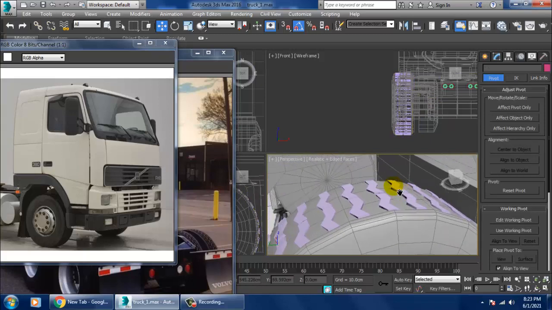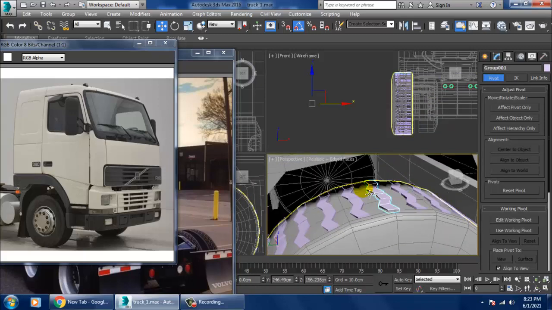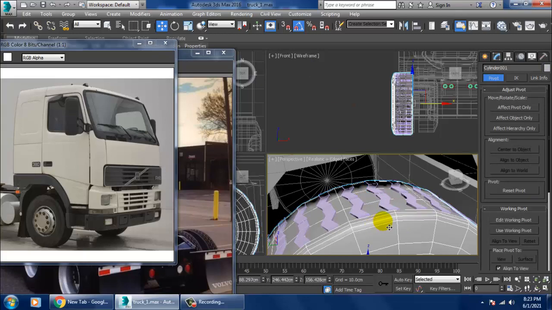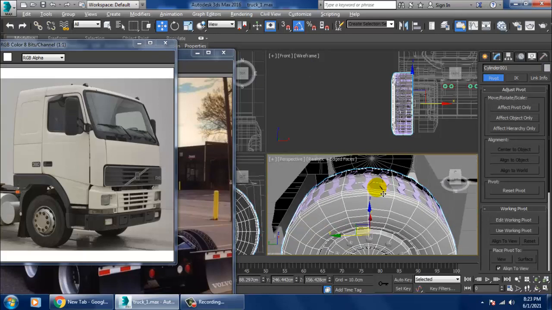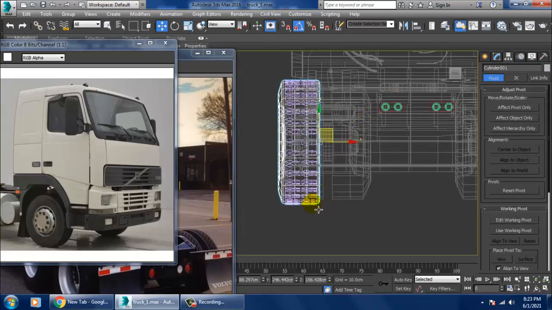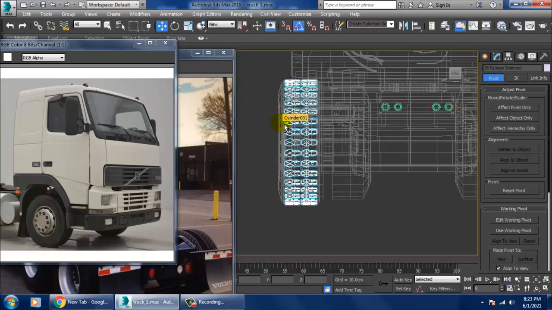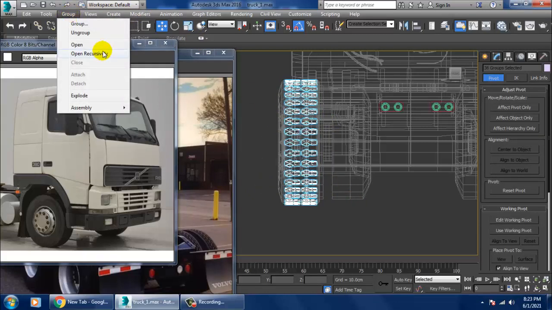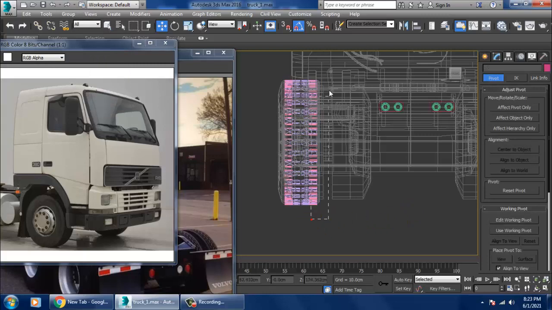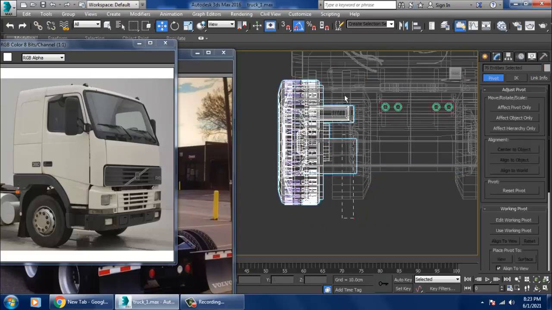We need to ungroup all of this, then only it can be done. We can slightly shift these grips individually. So what I can do over here is I'll just deselect these tires.